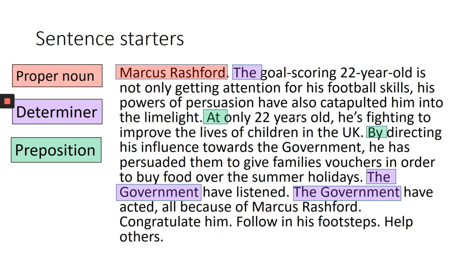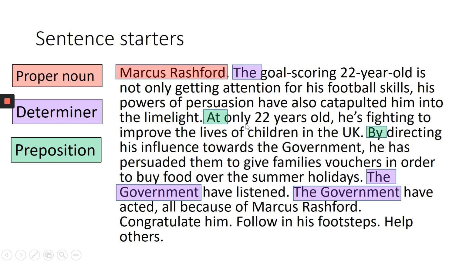We've got at and by. If you notice, at only 22 years old, he's fighting to improve the lives of children in the UK. By directing his influence towards the government, he has persuaded them to give families vouchers in order to buy food over the summer holidays. By putting your preposition at the start of your sentences, you're forcing yourself to make a complex sentence. You're forcing yourself here to create a subordinate clause that you're then going to explain by having a